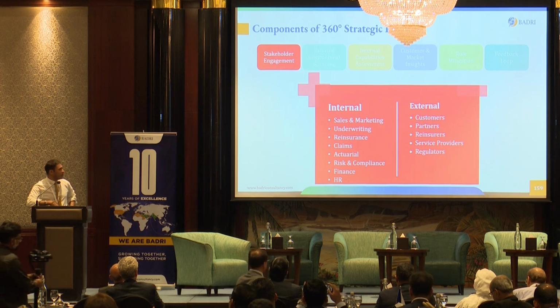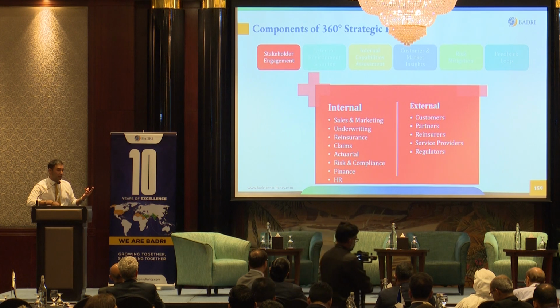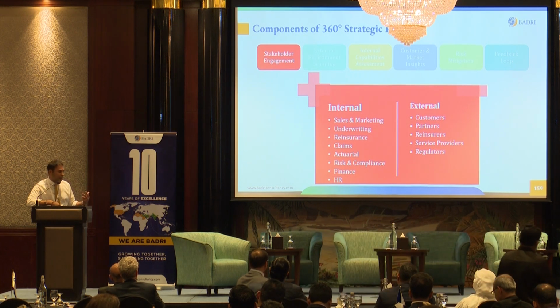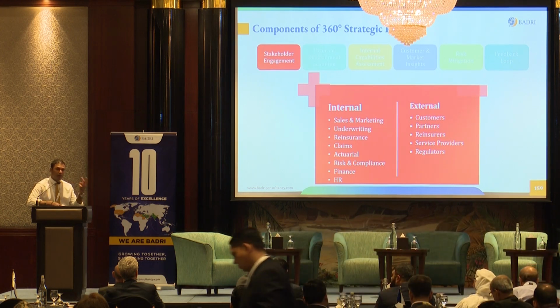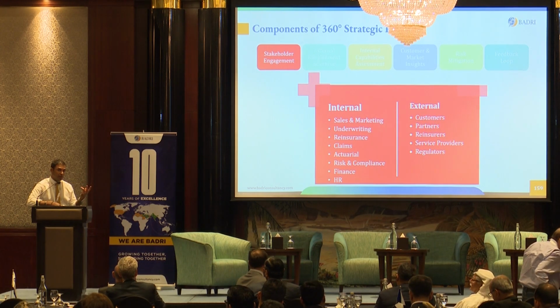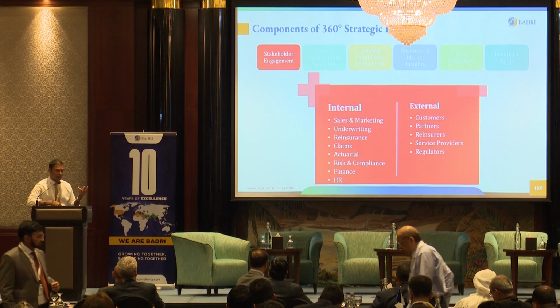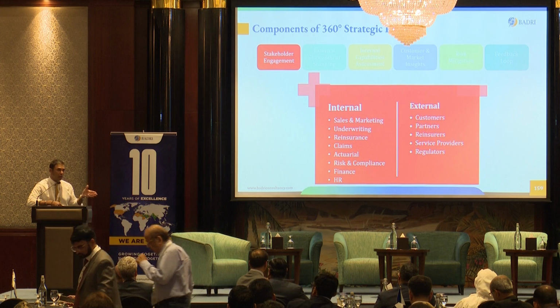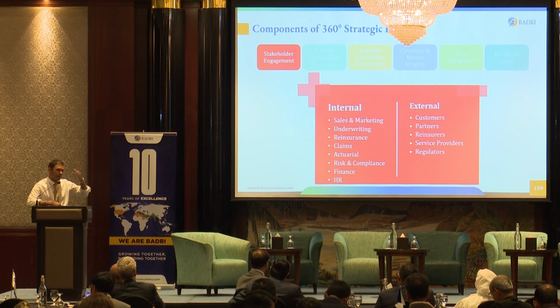Okay. So before we get into the SWOT, what are some of the key components of 360 type strategy planning? So first off, across the top, engaging your stakeholders. Earlier on, you put one of the big barriers for digital transformation was change management. Quite often it fails because of not engaging all the stakeholders, internal and external. So all the key departments internally and external stakeholders as well, your customers and so on.